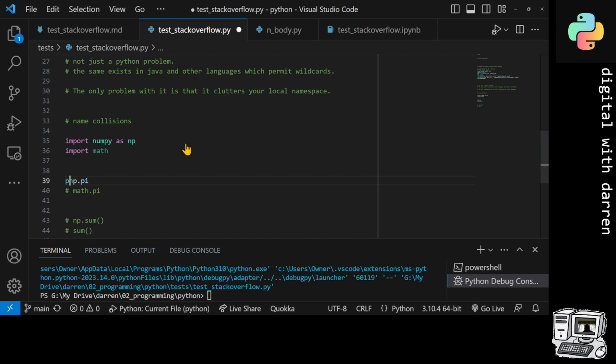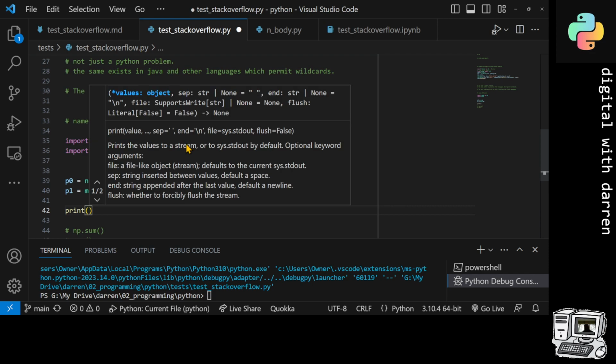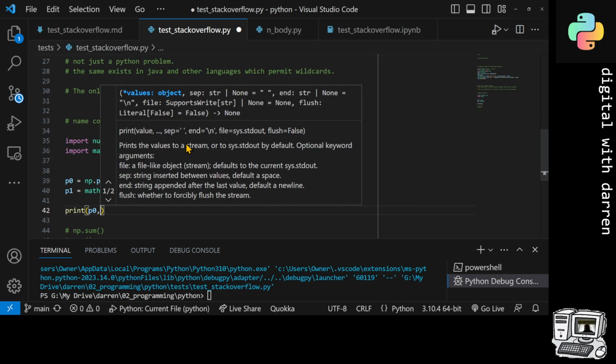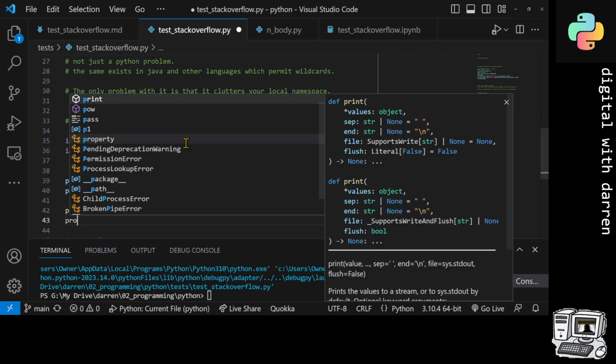So p equals np.pi. Now here we've got the math module, and guess what? In the math module we also have pi. So we'll call this p0 equals np.pi and p1 equals math.pi, and we could print out both p0 and p1. So print p0, and we'll print it on the line below. We could do print